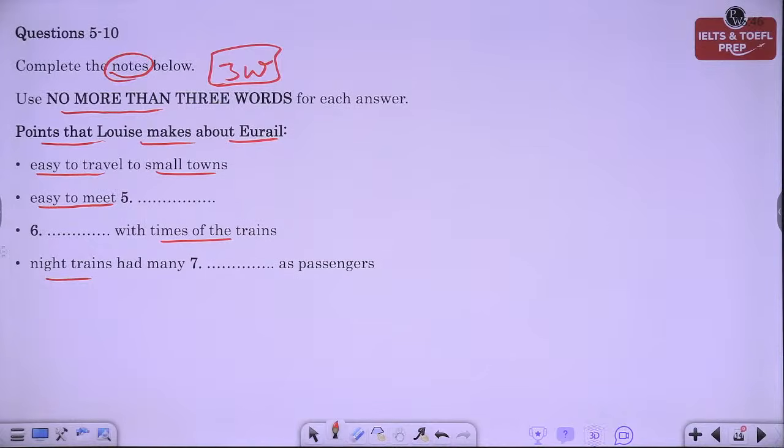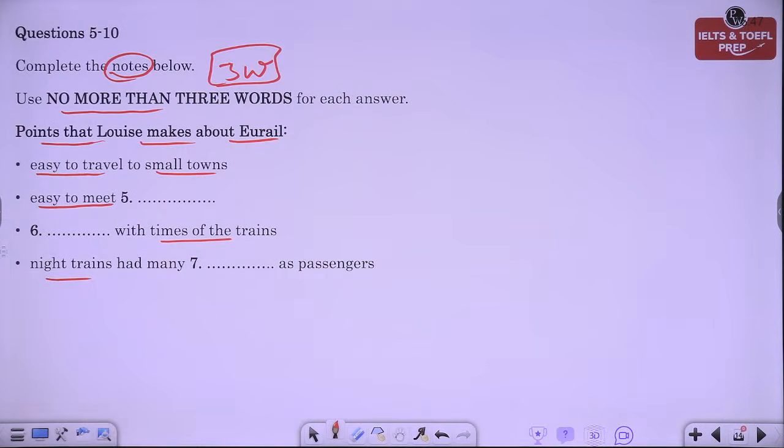We'd like to meet the local people. Did you do that easily? Yes, the trains in Europe aren't like the commuter trains in London. People like to talk and have a chat on trains in Europe. That's nice. Yes, the train times were okay as well. Sometimes we had to get up early to catch the trains, which were crossing into another country. But most of the time we were satisfied with the timetables.